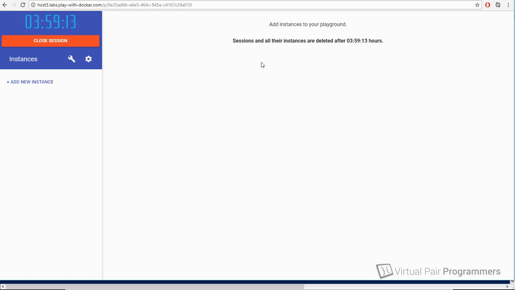Now, there is a restriction on it. As you can see here, there's a ticking clock, and we're given 4 hours to work with this session. In 4 hours, all of the nodes that we create will be destroyed. So obviously, we're not going to be using this in real production, but it's a great way of experimenting with Docker without incurring costs and without having all of the complexity of EC2 or Microsoft Azure or any of these